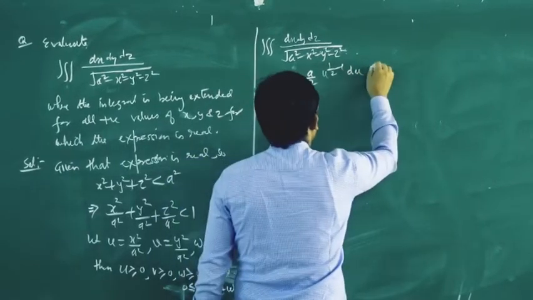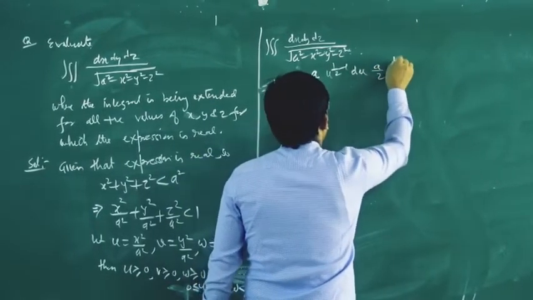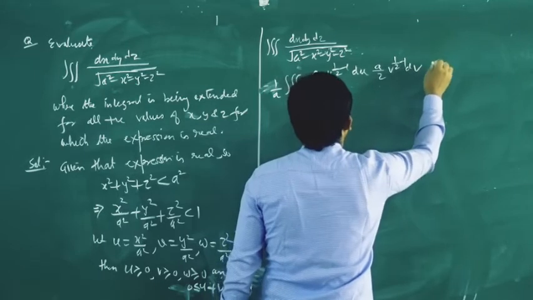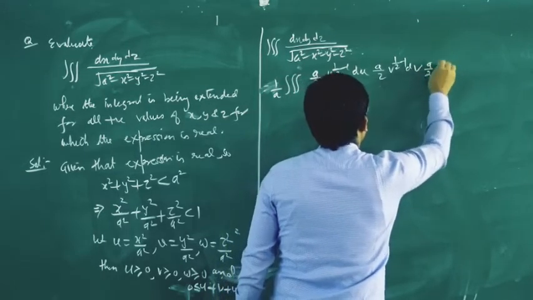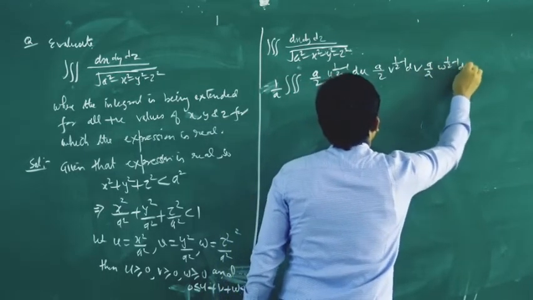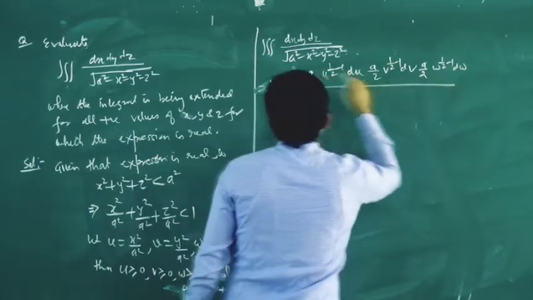Your dy will be a by 2 v power half minus 1 into dv. Your dz will be a by 2 w power half minus 1 into dw, divided by